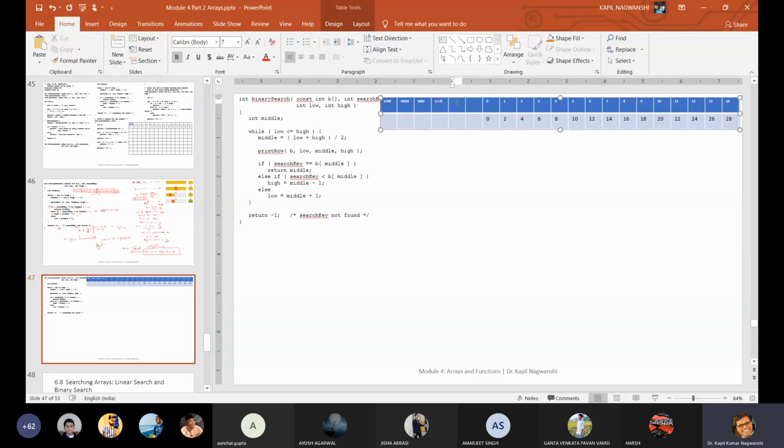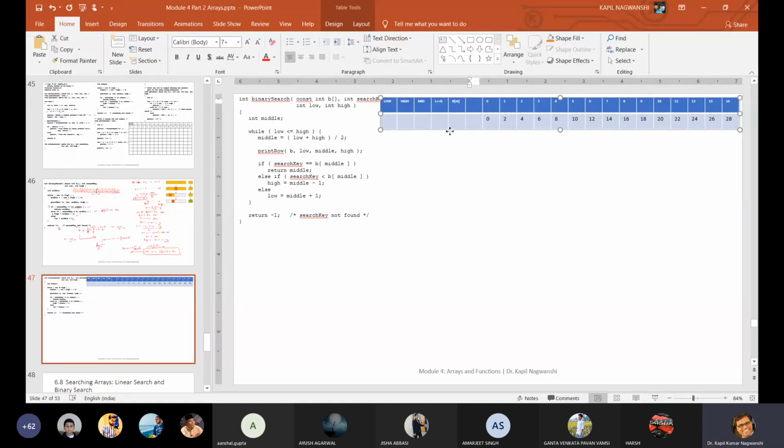The next comparison is whether the search key equals B middle. B middle is our search key. If it is not, then what will be the low and high? So let us try to run this program. These are our elements and we are going to search 24.